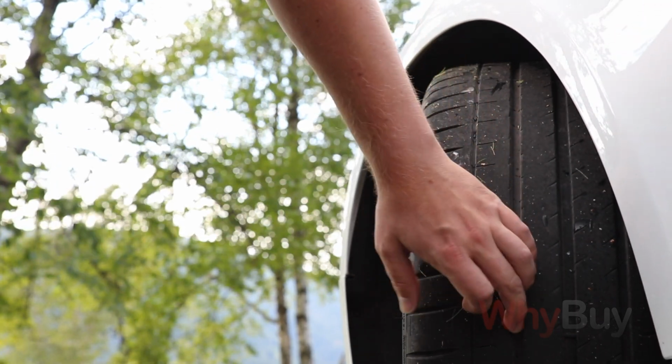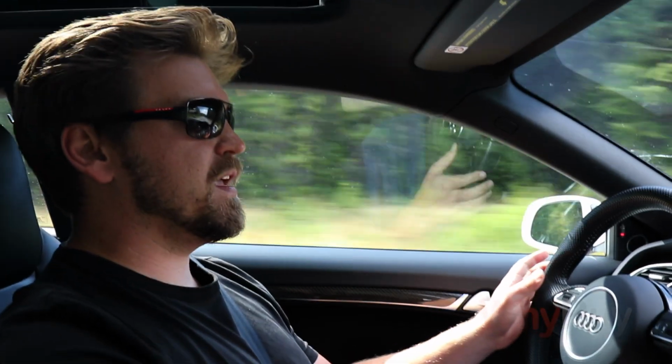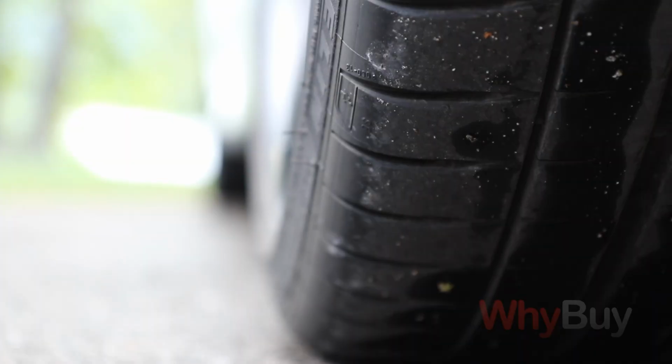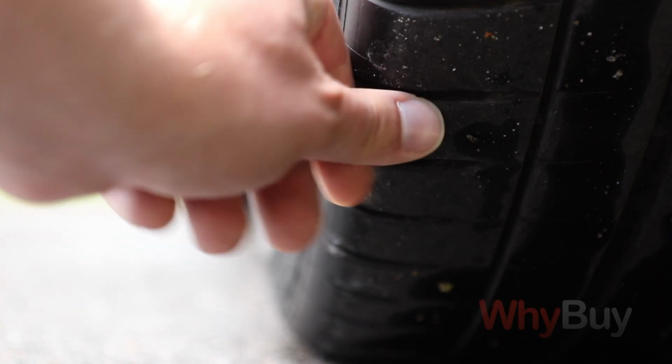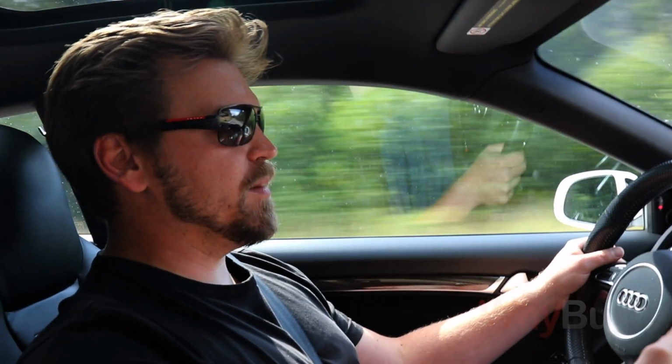And I don't know if I agree with that. I've heard a lot of good things about the Continental Sport Contact 7s as being better, giving better feedback, better handling, but they're not as good in dealing with aquaplaning. So the tread design doesn't disperse water as well as the Pilot 4S. So yeah, maybe the Michelin Pilot 4S is a better all-round sports performance tire,